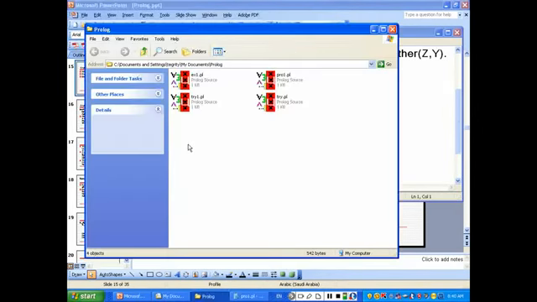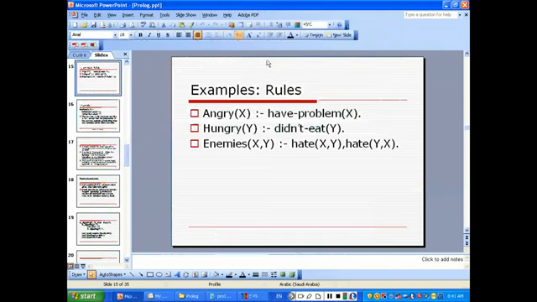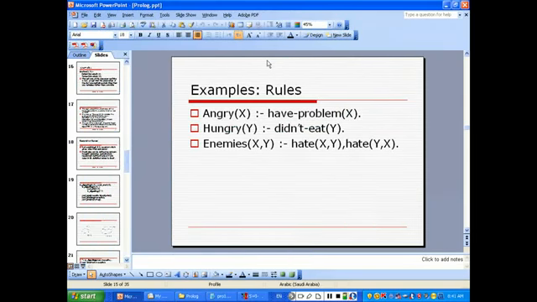Okay, and then I have to recall it back again. Let's say, can I say that hungry Sarah dot tells you true? Okay, who's hungry? With a variable X: Sarah, semicolon, Ahmed. So this is basically the rules. It's really amazing. It's very nice. So at this moment, we have covered how we could define a set of facts, how we could define a set of rules, okay? But do you remember what we